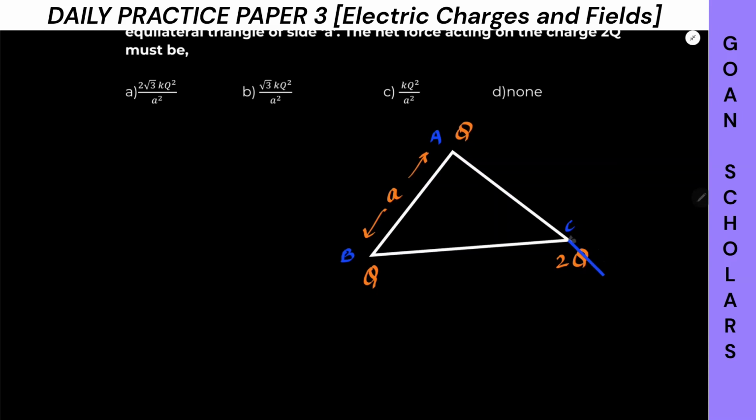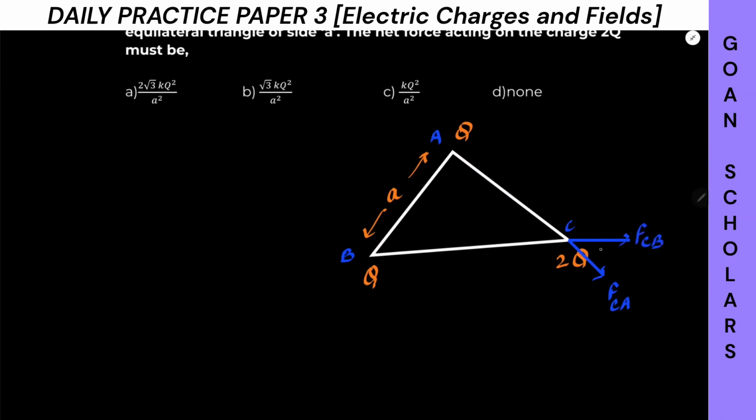And where will be the repulsion from B to C? It will be along this line. Both are repulsive forces. Why are they repulsive? Because both are positive charges, right? Positive charges repel each other. So let's put here roughly the force on C due to A and the force on C due to B,